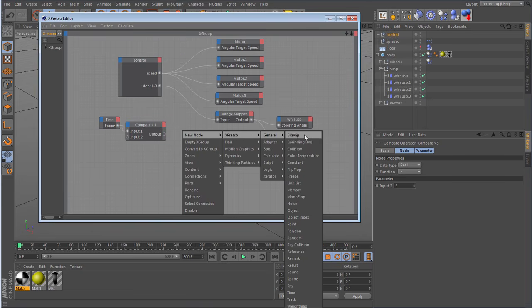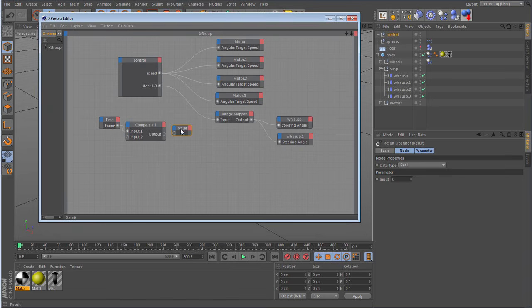Right click under General, where are we? Right down the bottom, Result. Okay, so this will just tell me what is coming out of that node. By the way, I normally have this setting up here, Calculate. I always have this on Animation Refresh. If you don't have this checked, your window doesn't update in real time, but if you have that Animation Refresh turned on, your window refreshes on the fly, so to speak.